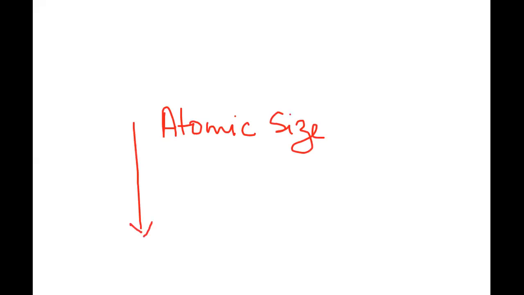Then you talk about the ionic radii. You know that the cationic radii are smaller than the parent atom, and the anionic radii are greater than the parent atom. And in the atomic size in general, we have also discussed, as we have just now seen in that chart, that the atomic size increases when you're going down the group due to the addition of a shell, and when you're going across the period, it decreases. Why does it decrease across the period? Because the number of electrons in the shells are increasing.